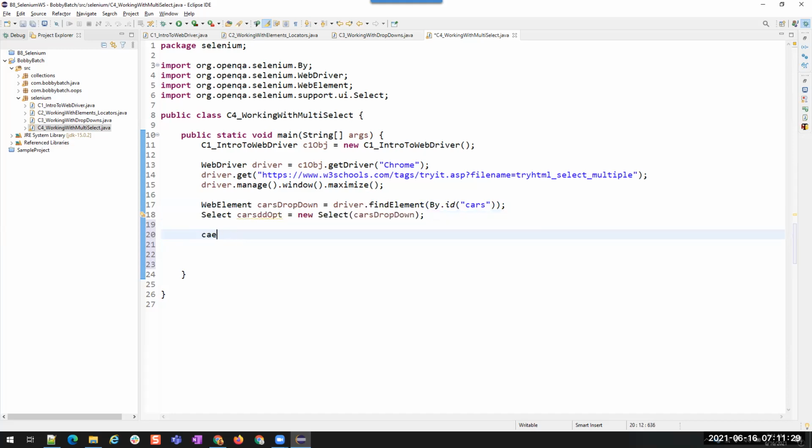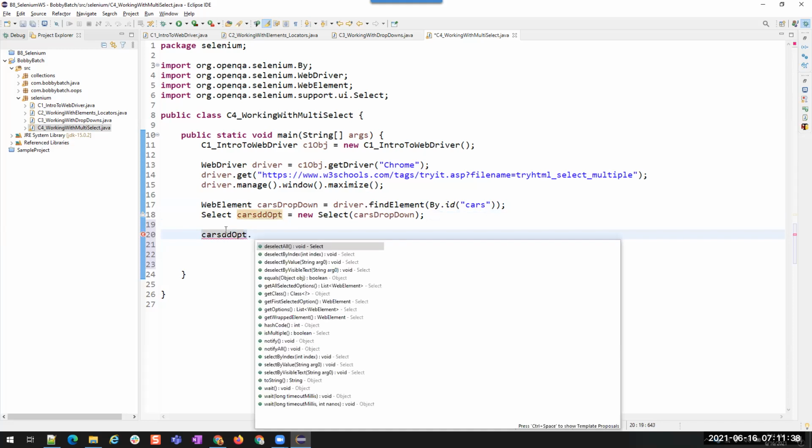Now let us see the options. Cars drop down options dot. See, before selecting anything, we cannot deselect. You see this one is isMultiple.